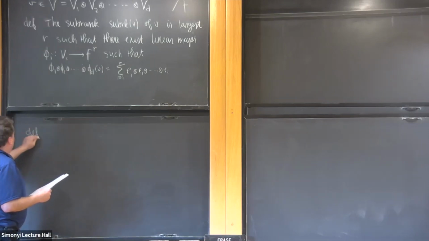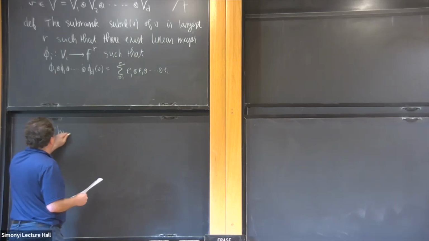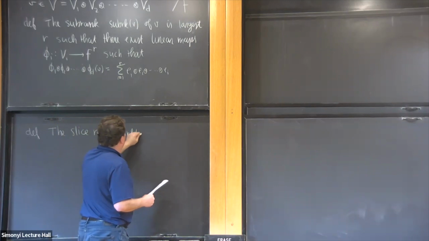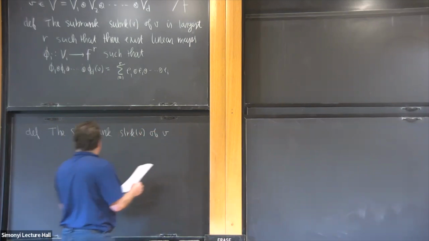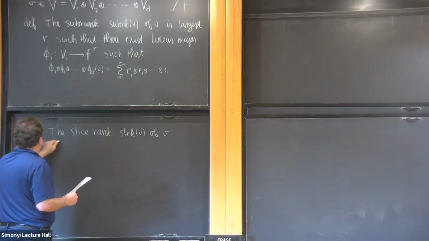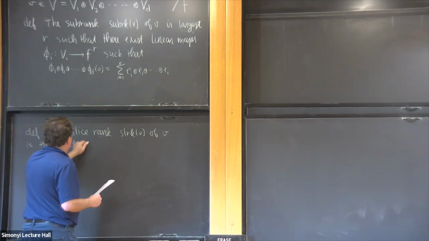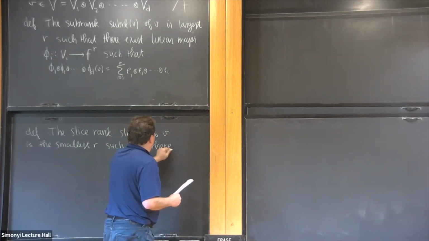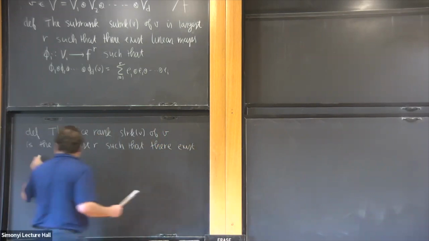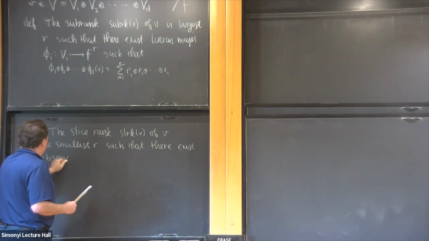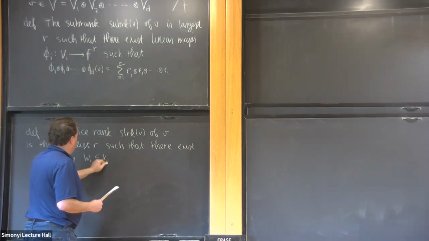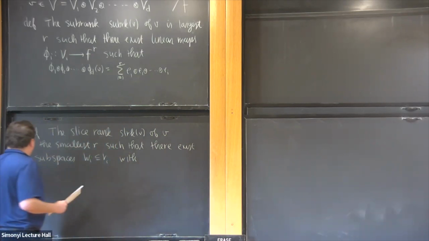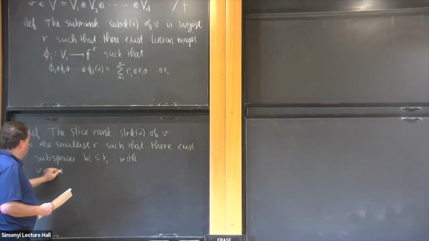So the slice rank, say SLRk of v, is the smallest R such that, this is just my formulation, there exist subspaces W_i of V_i for i from 1 up to d, with v lying in W_1 tensor V_2